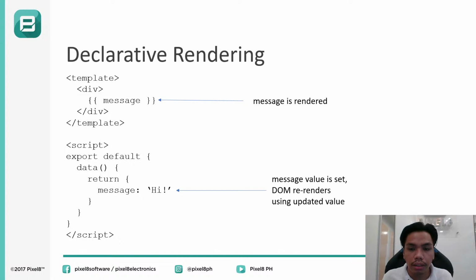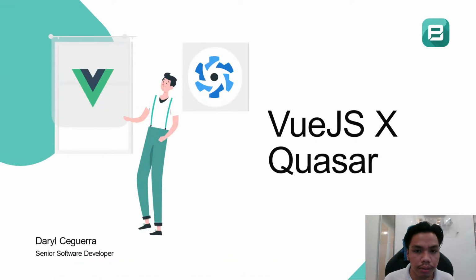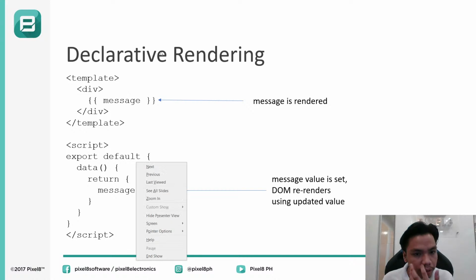If you see the arrows, what it says here is that the message value is set. Now once we set the value, the DOM re-renders and uses the updated value without doing anything at all. So that means upon loading of the component, the data is already bound to the DOM, meaning whatever your data content is, that is what appears in your DOM as well. So in order to demonstrate that,